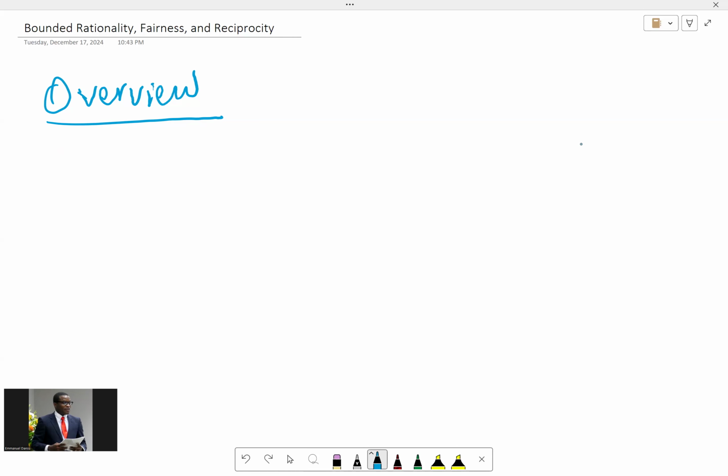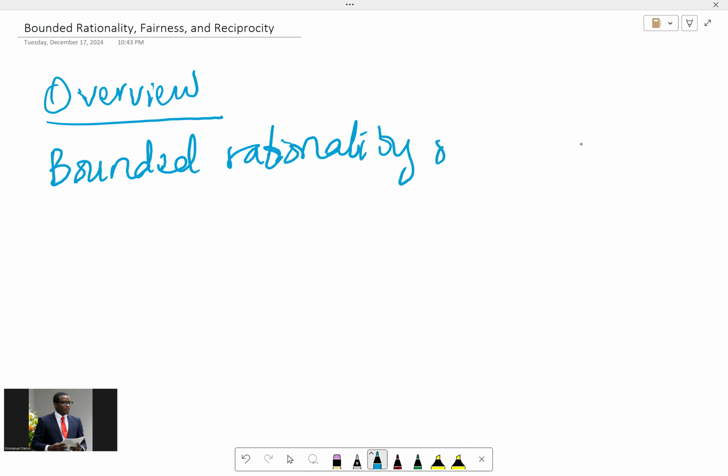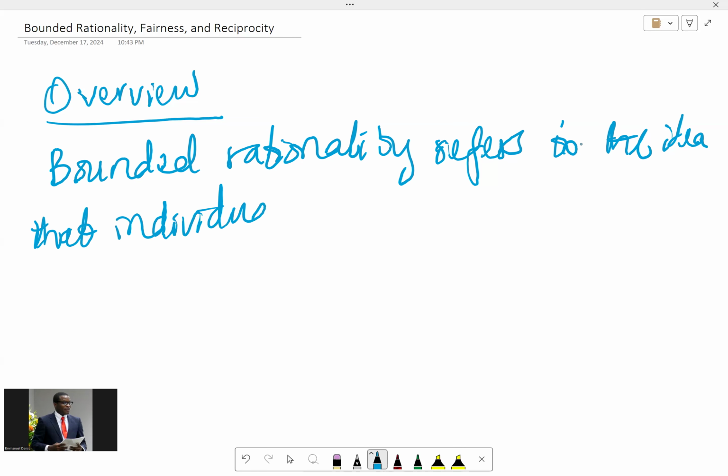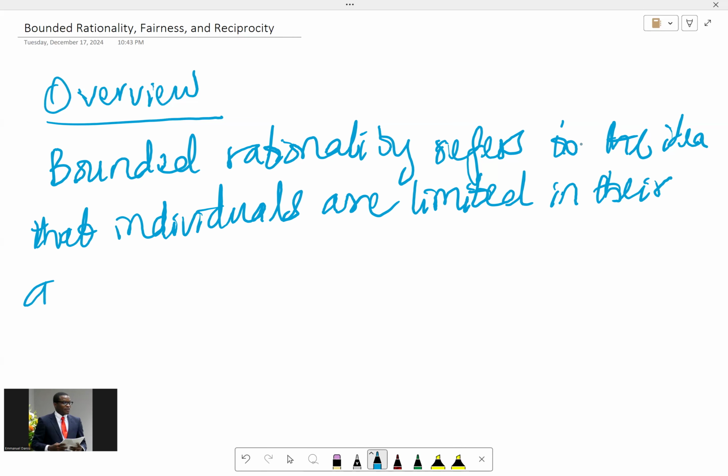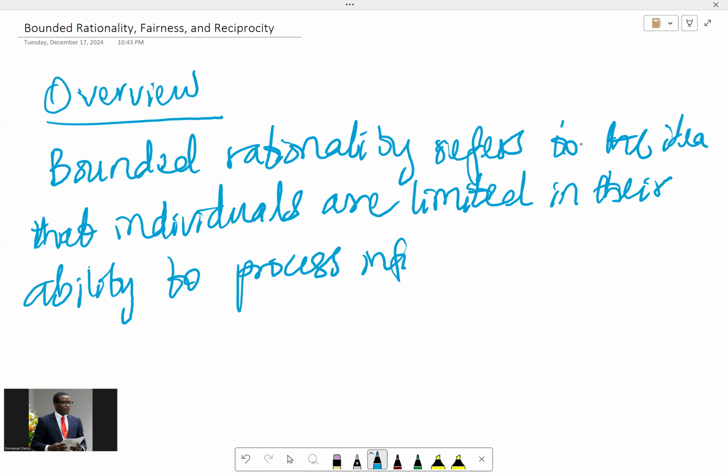Bounded rationality. We made mention of that a bit in the introductory video to behavioral game theory. Bounded rationality refers to the idea that individuals are limited in their ability to process information. Of course, there's information overload in our days, right? So it may be difficult to process information and make decisions,